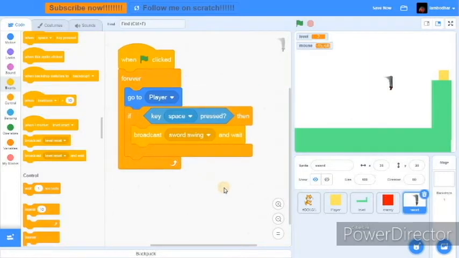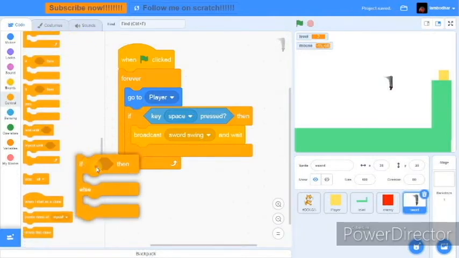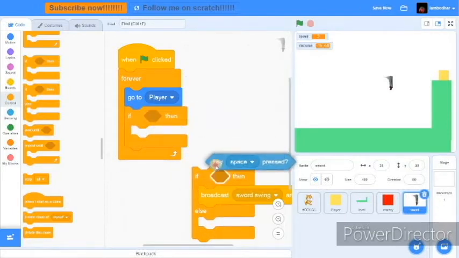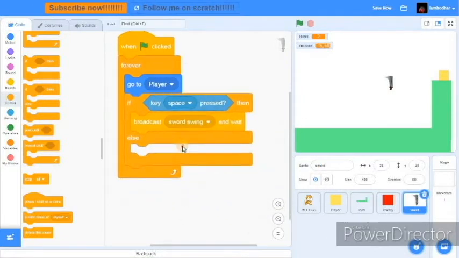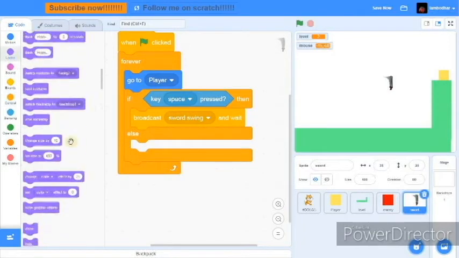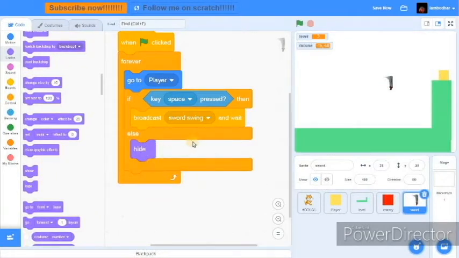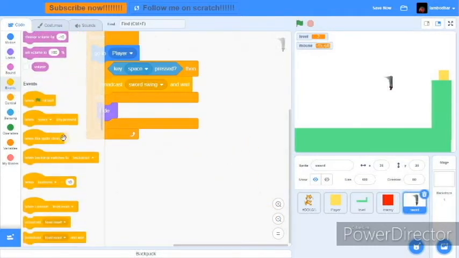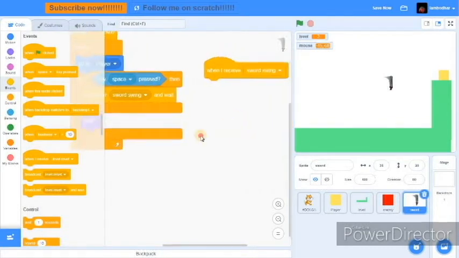Okay, then also one more thing, instead of if and if else, I'll tell you why. So if key space pressed, we broadcast sword swing and wait. If key space is not pressed, we'll hide the sword. Then when I receive sword swing,